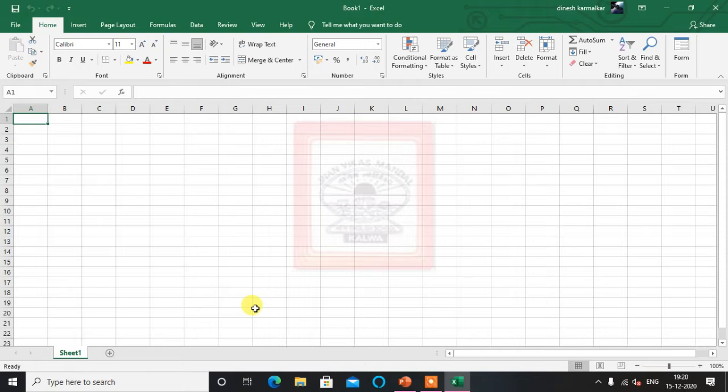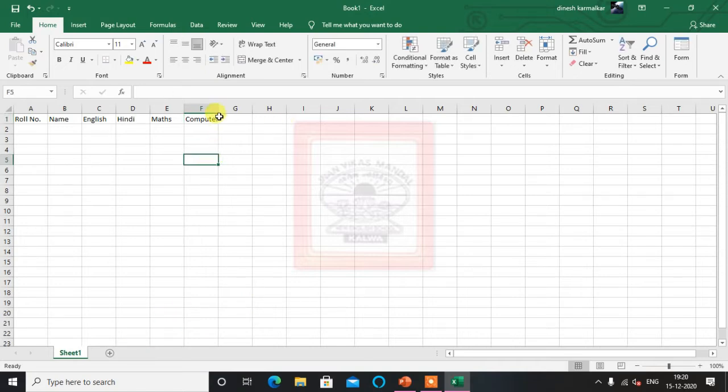So let's take roll number. Here the first heading is roll number. As usual, we know how to make the mark list. Then I'm taking some subjects, 3-4 subjects. Let's say English, Hindi, Maths, and let's say Computer.